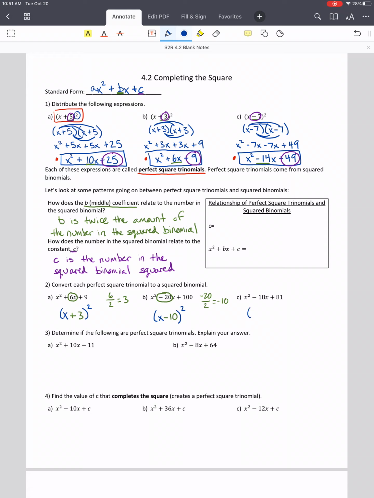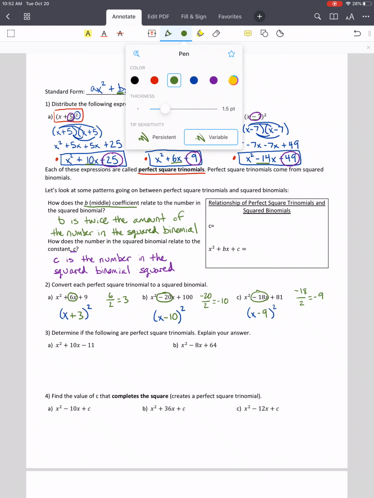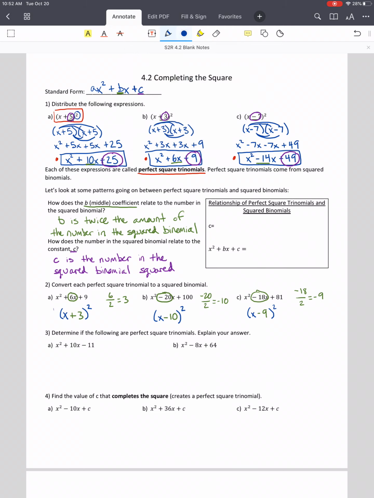Part C, I'm going to start with an x. Negative 18 divided by 2, I get negative 9, so it's x minus 9, all of that being squared. So that is how we're rewriting perfect square trinomials into squared binomials, and what this is going to be for